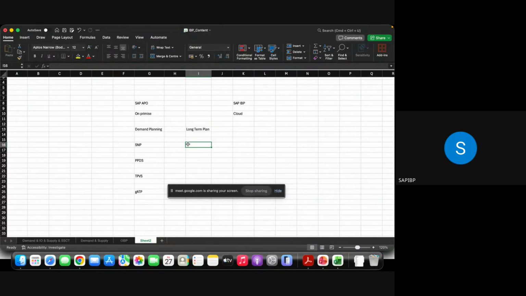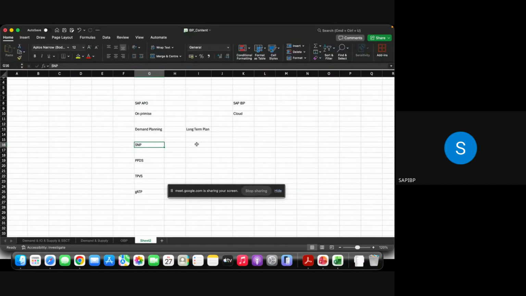What it will do is read your demand, whatever you have predicted, and along with that, the ongoing sales as well. It will consider both of them, and against that, it will give a rough supply plan. What is the supply plan here? It will tell you where to produce, how much to produce, and how to distribute it. All those rough plans you will get via supply network planning. Generally, this is a midterm plan, from 3 months to 6 months.